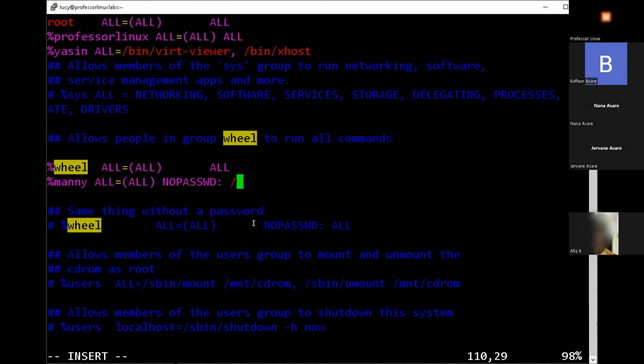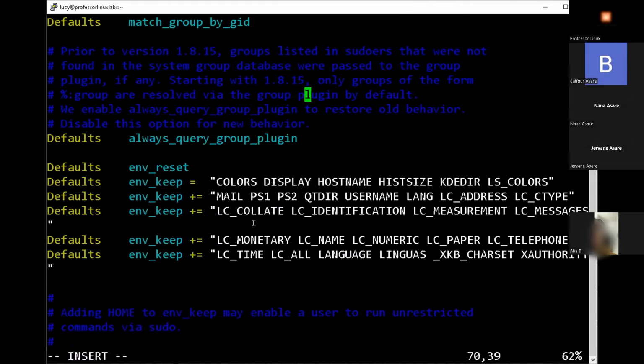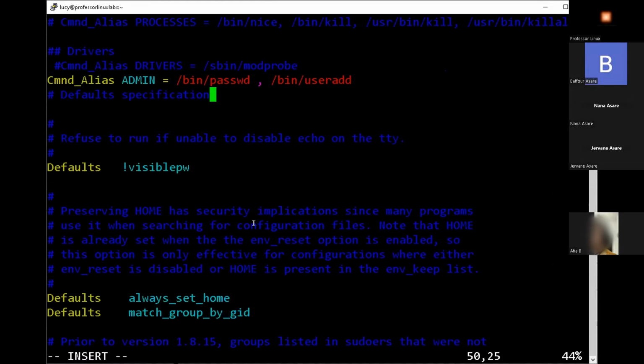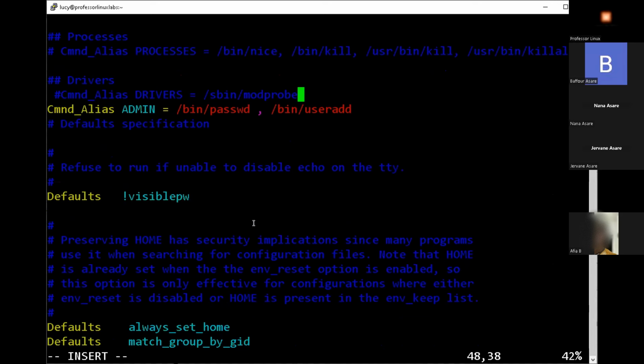I guess my command alias isn't working. Okay, all the command alias is just a pointer. It just points to the alias on the top. That's all it does. That's the only thing it does. But I mean, I did spell it admin though. And all the other ones like the same. So